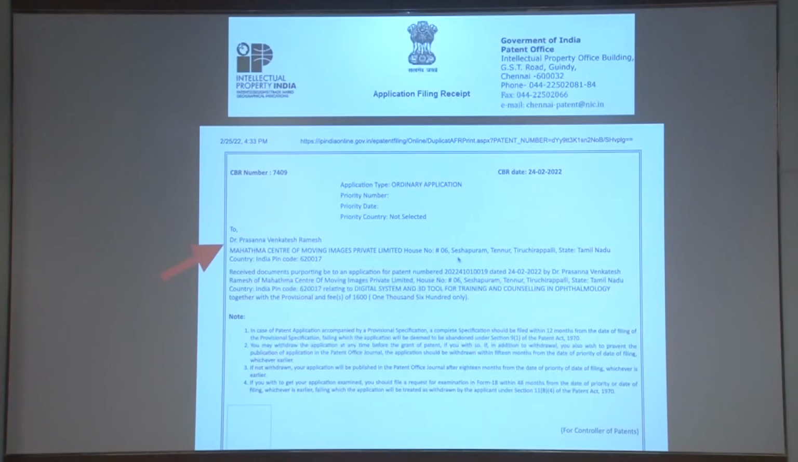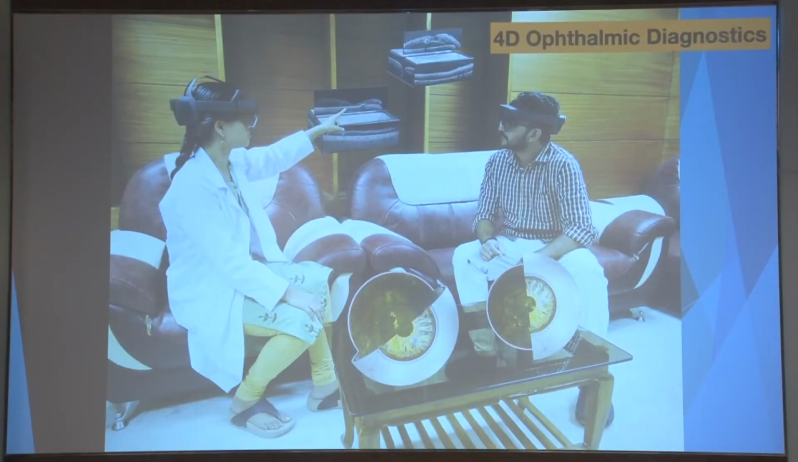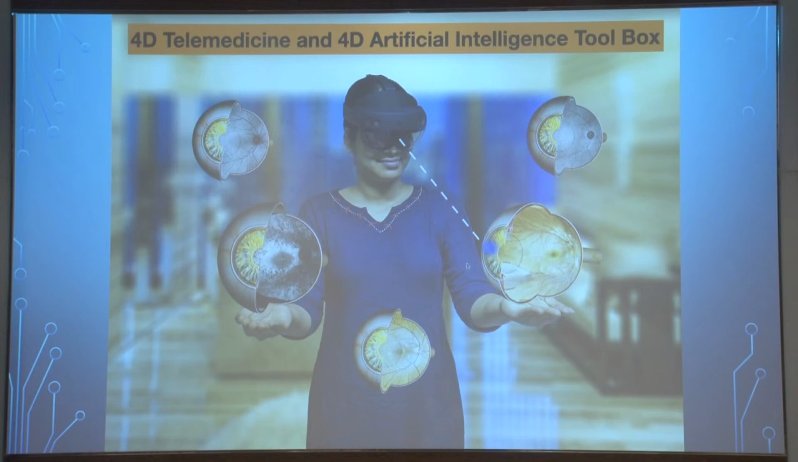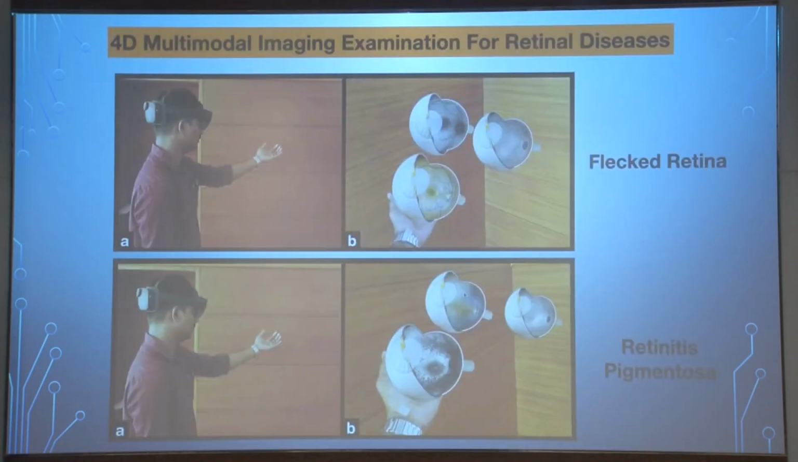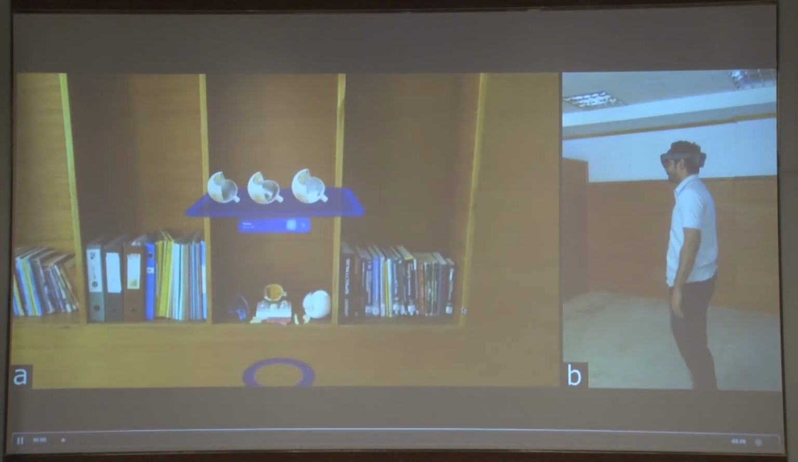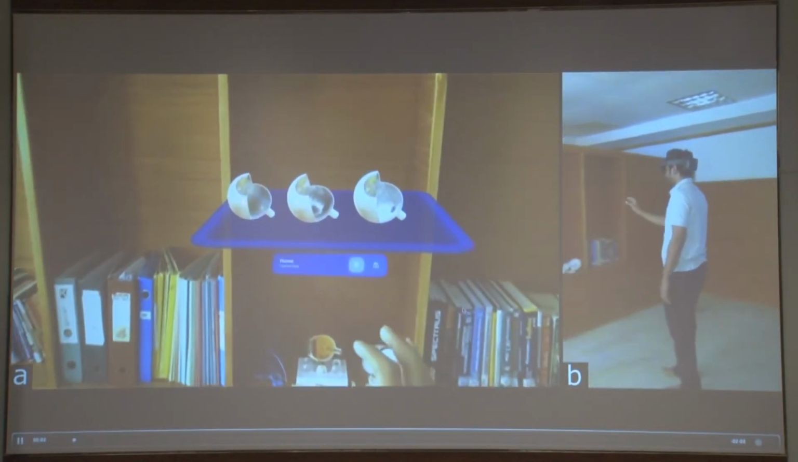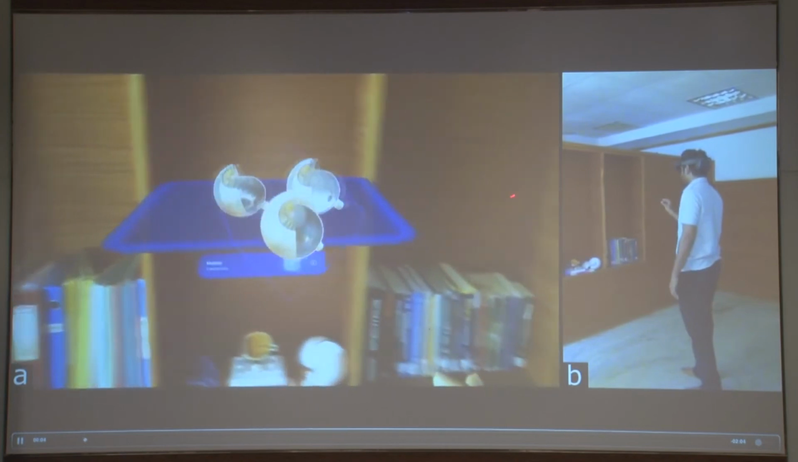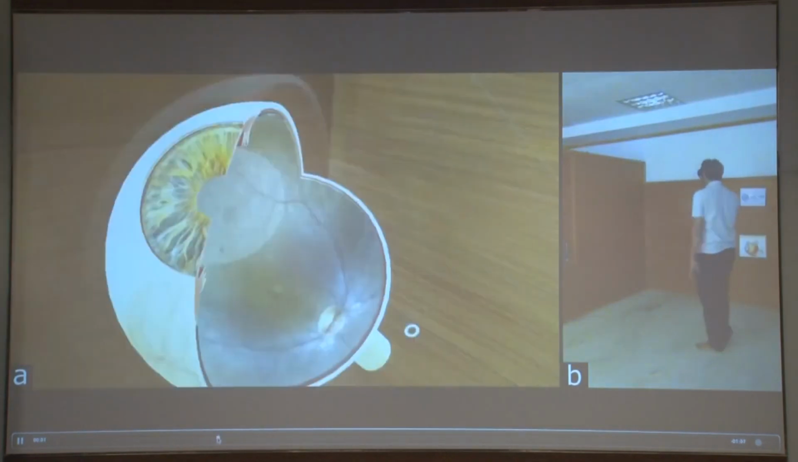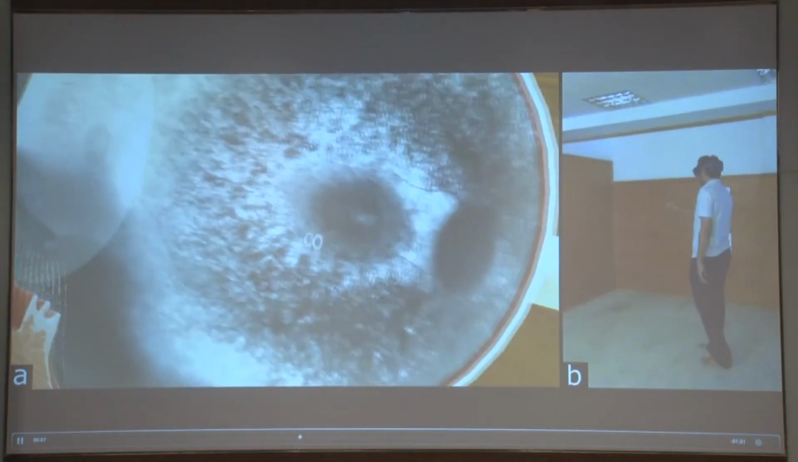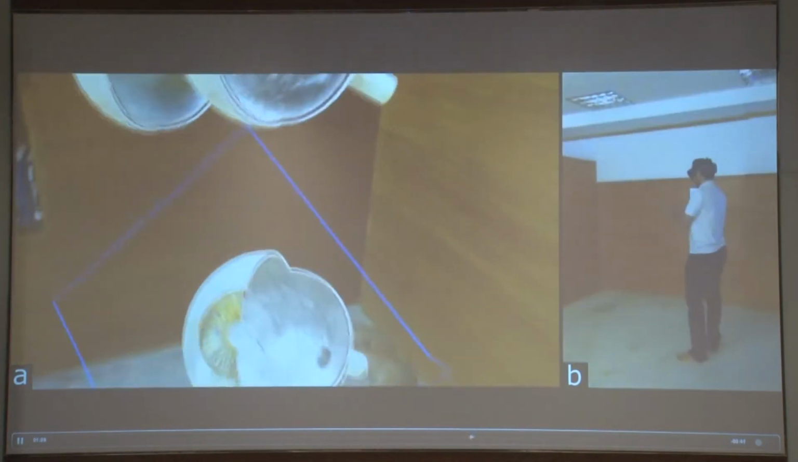To summarize my discussion, my dear friends, we have filed the provisional patent for our applications, and it's useful in 4D ophthalmic diagnostics, 4D telemedicine, 4D AI, toolbox creation, and multimodal imaging for retina examination. You can see any retinal pathology can be examined with color, autofluorescence, and infrared, such as the retinitis pigmentosa, which is shown here. This is a color image. So you can catch it, you can feel the holograms, and you can examine it in